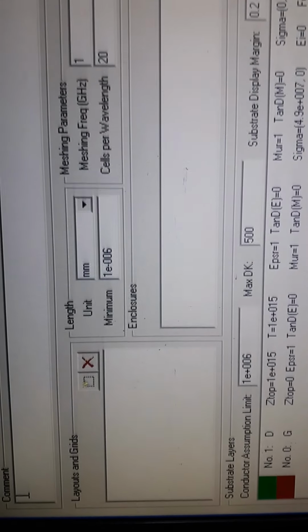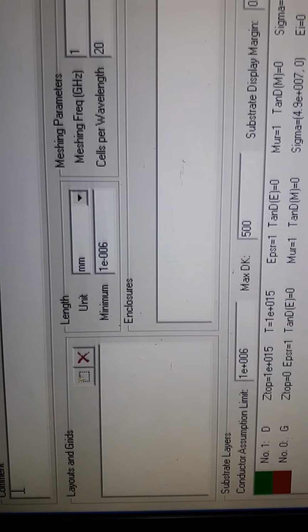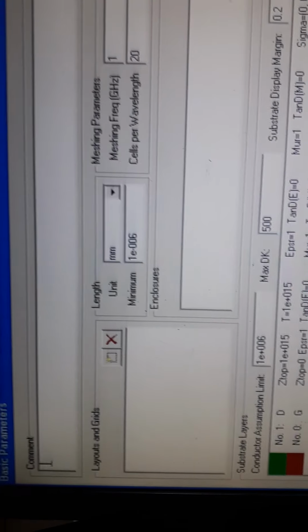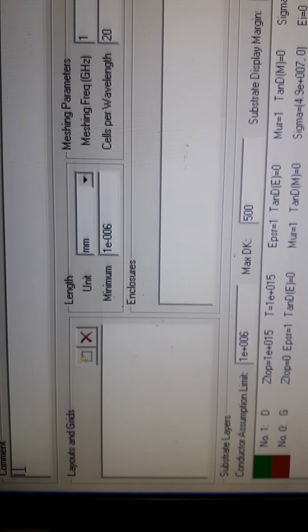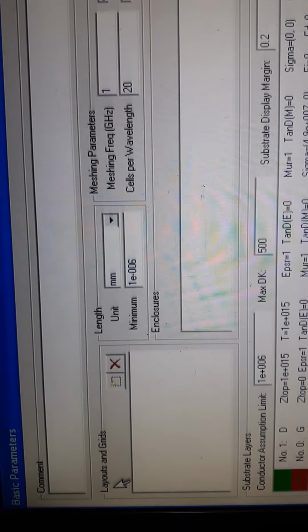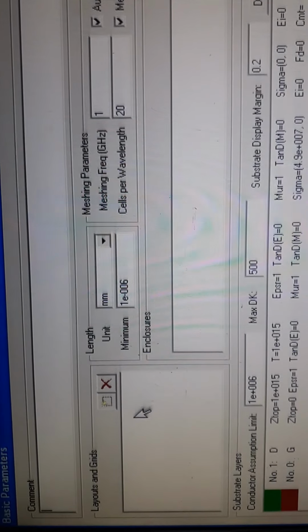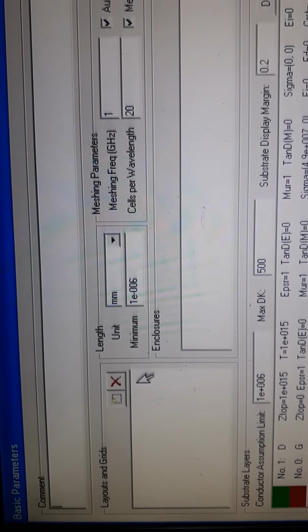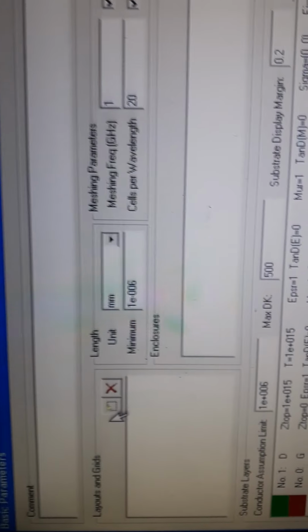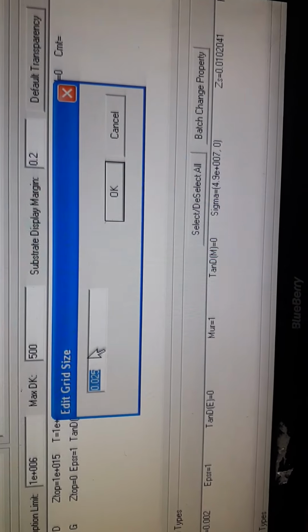Like in an Excel sheet, you see there is a workspace, and that total worksheet is divided into some rows and columns. So in layout and grid, here also the worksheet is divided into some rows and columns. Whenever we click that, there will be two things: one is a cross and one is a rectangular button. When I click the rectangular button, it shows the grid size is